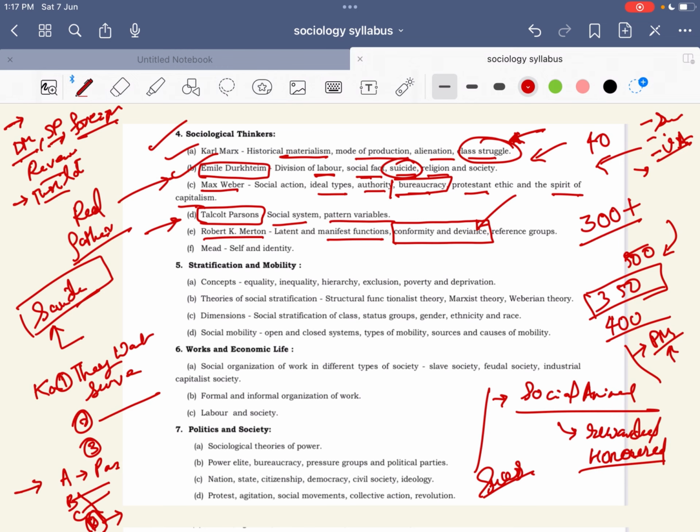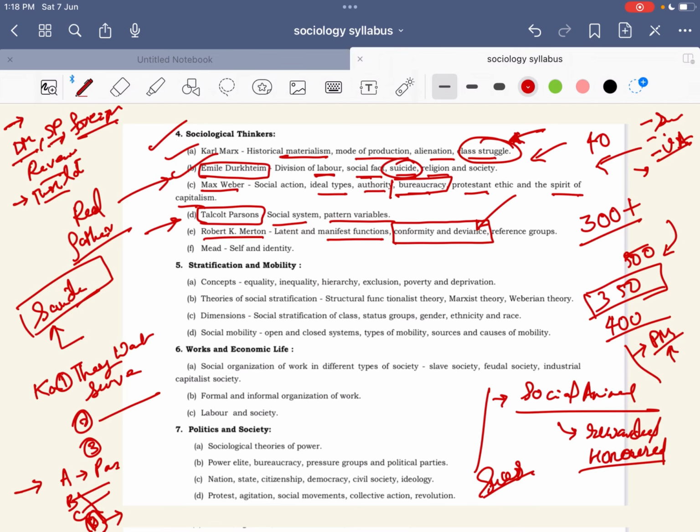And then there is a reference group. लेकिन आप ये सोचो कि ये कन्फर्मिटी एंड डिवियंस कितना इम्पोर्टेंट है। सी, अगर ये सोसाइटी है, इसमें कितने भी जाति धर्म के लोग रहने दो, कितने भी डिफरेंट रिलीजन के लोग रहने दो, पंथ के रहने दो, जेंडर्स के रहने दो, इस समाज में शांति कब आएगी? Then peace is only possible when the people are in conformity to the rules of the society or the societal goals. And if they are deviant, then what will happen? Chaos in the society. तो यूपीएससी ने वो क्यों इंक्लूड किया है, conformity and deviance. You understand what I am telling?